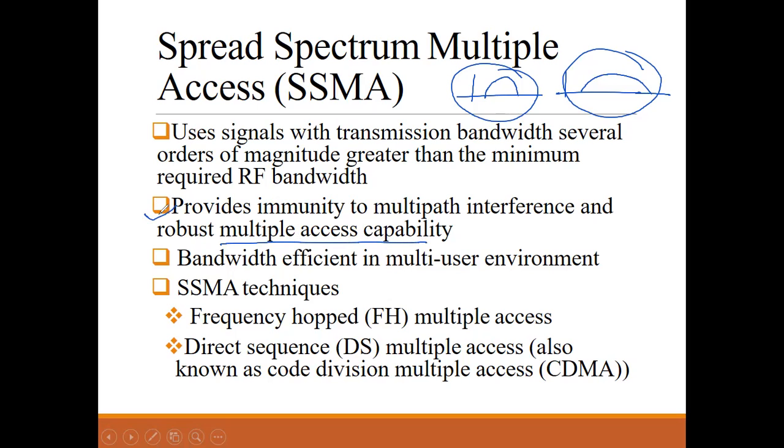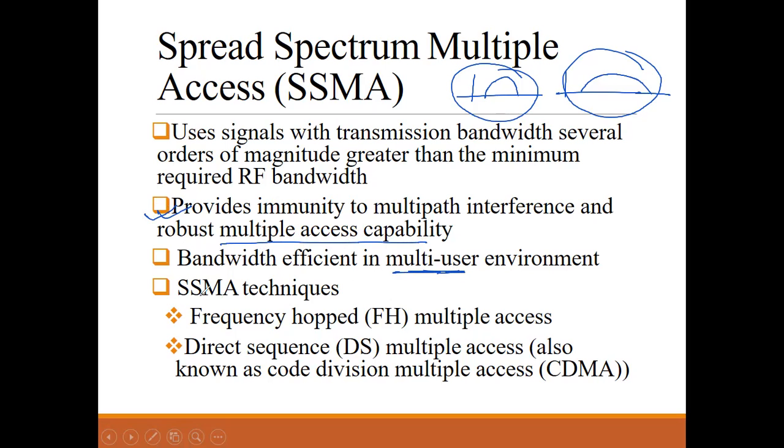This spread spectrum uses this multiple access capability in a good manner. Here it is bandwidth efficient in a multi-user environment, and obviously we need a multi-user environment due to the presence of an enormous number of users.